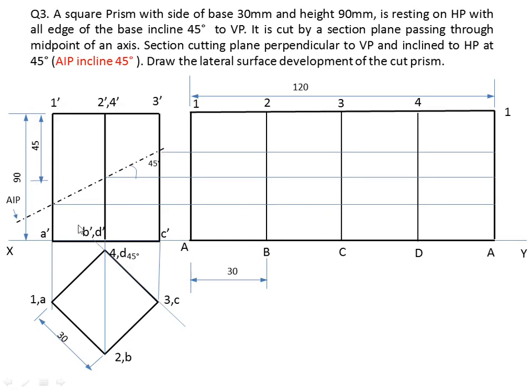Now if you see, 1A cutting point is here, so this point is P1. 2B cutting point is here, you can see here. Then 3C cutting point is this. Similarly 4D cutting point will be this, and again 1A cutting point is this. Join these points by a straight line. So here we completed this third question. Next,